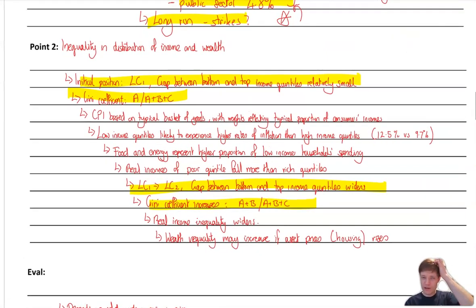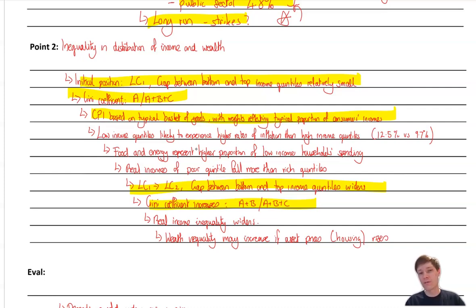Now the difficult bit, I don't think there's anything difficult there. Every time you talk about the Lorenz curve, please do that and show the beginning and the final position. However, the difficult bit I think that we're talking about here is linking it to inflation and the nature of inflation. We know that the CPI, the measure of inflation, that 10.4% rate that we saw there, is only based